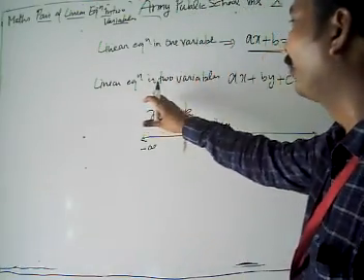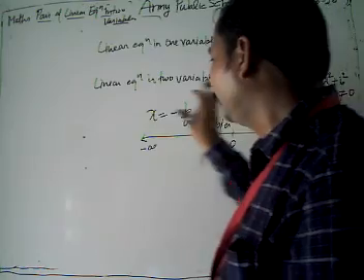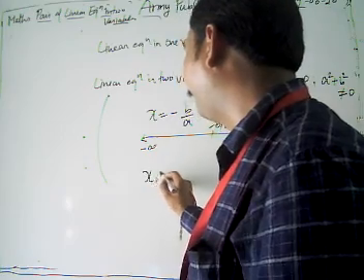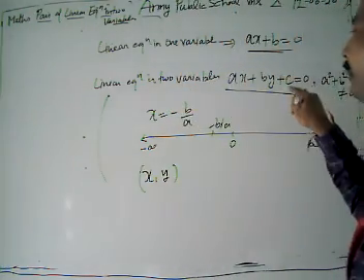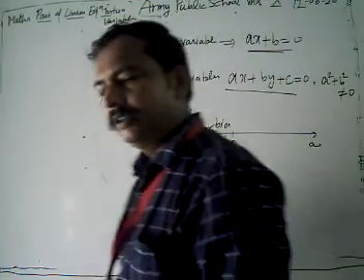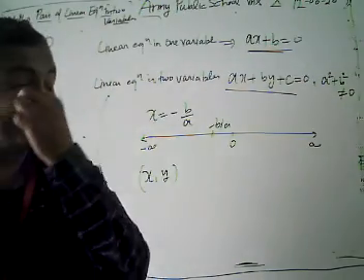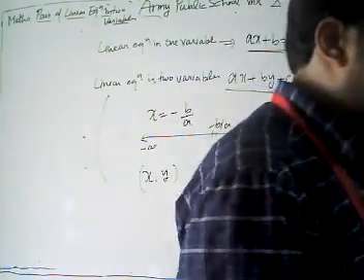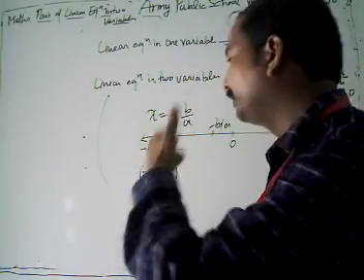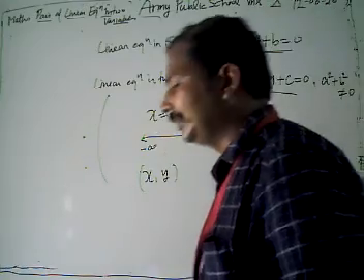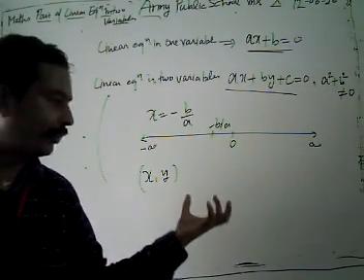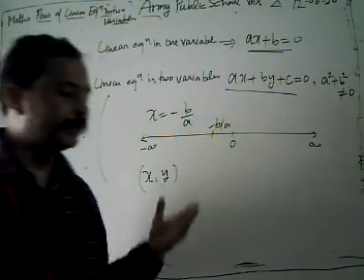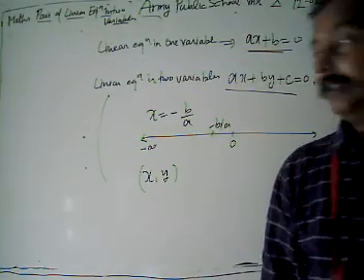What happens when we have a linear equation in two variables, ax plus by plus c equal to 0? Our solution is represented as a pair x, y. If we make a graph of the line ax plus by plus c equal to 0, we get a straight line, and each and every point of this line is a solution of the linear equation in two variables. It is called an ordered pair x, y. For a different value of x, we get a different value of y.